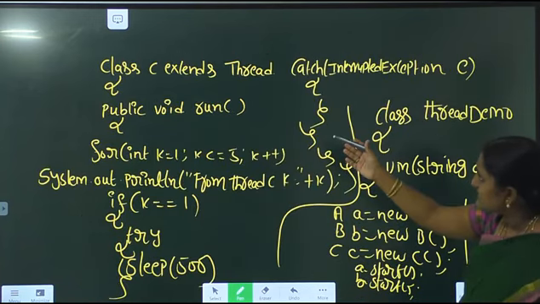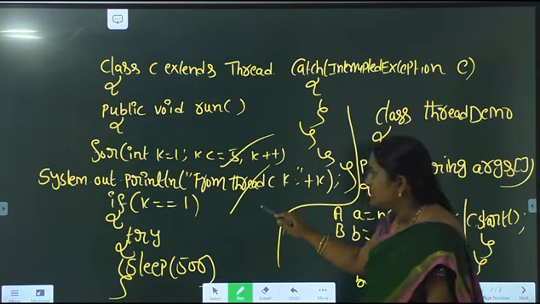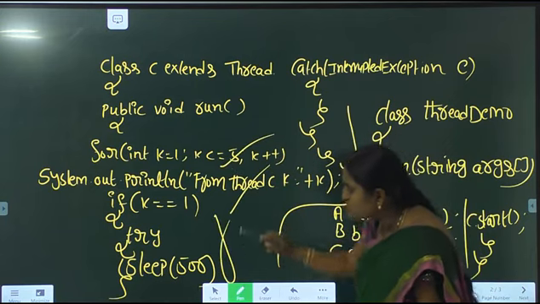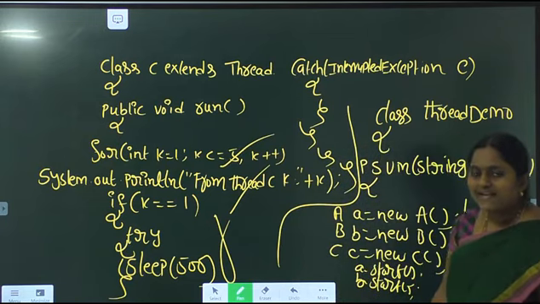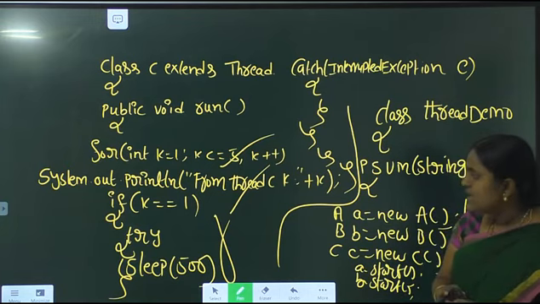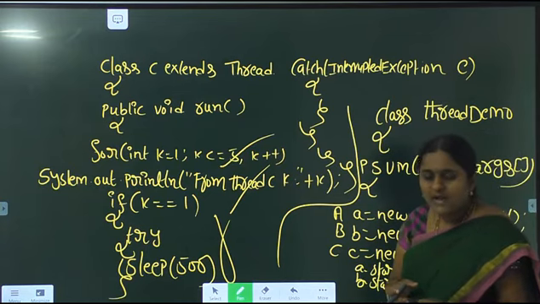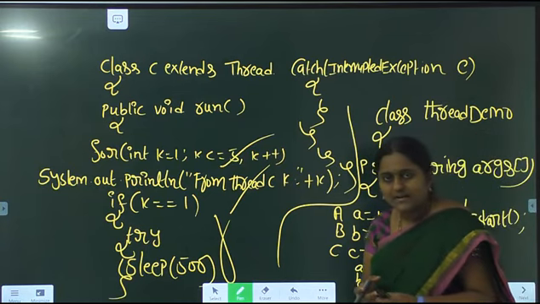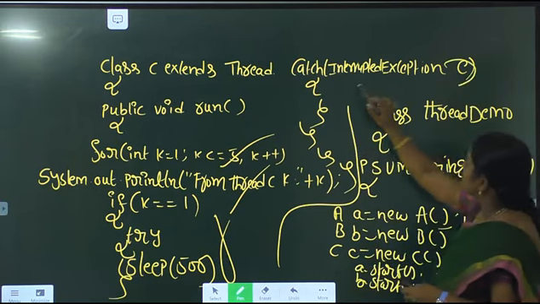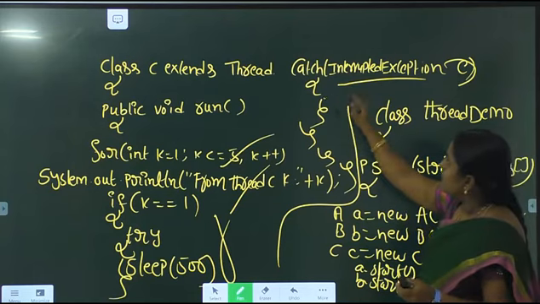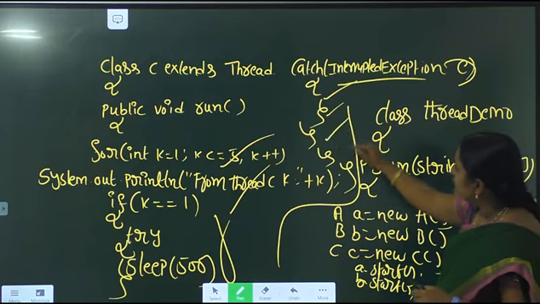Next, in a similar way, class C extends Thread, run method. Here I am also using a for loop: from thread C, k equal to plus k. If k equal to 1, the thread goes to the sleeping state. So here, try followed by catch block. Try identifies the exception and catch handles the exception. Suppose if we do not put sleep in the try block, at the time an exception occurs, the program will be terminated abnormally in the middle of its execution. So catch InterruptedException, e is the reference. It raises InterruptedException. So we can open the catch block and close the catch block. Then we close all the braces.